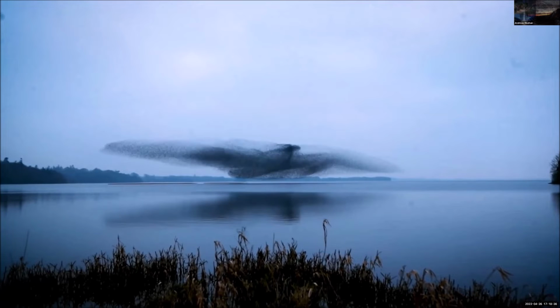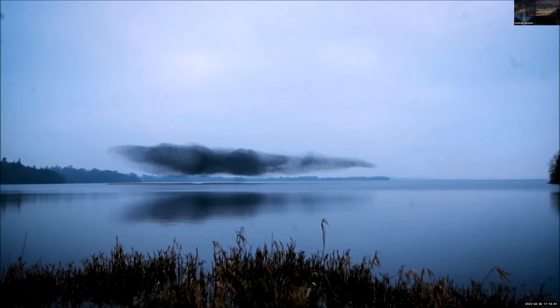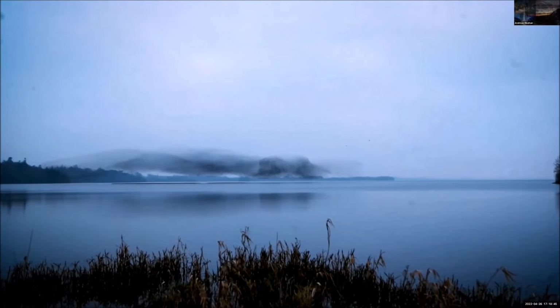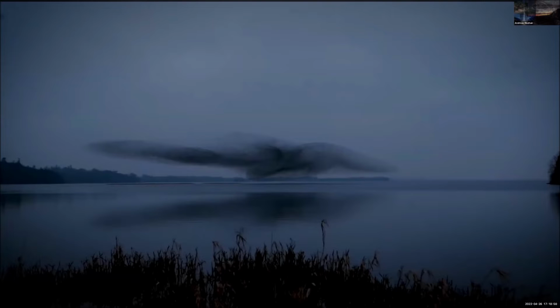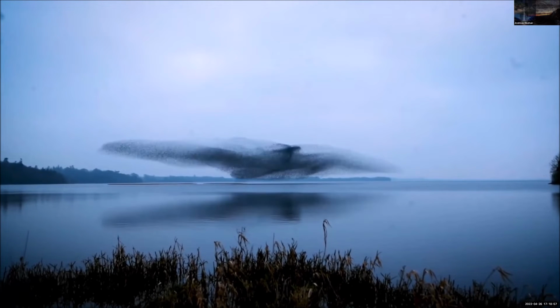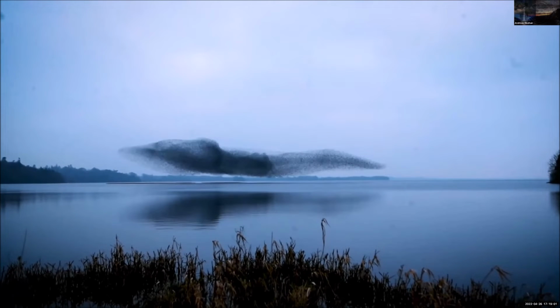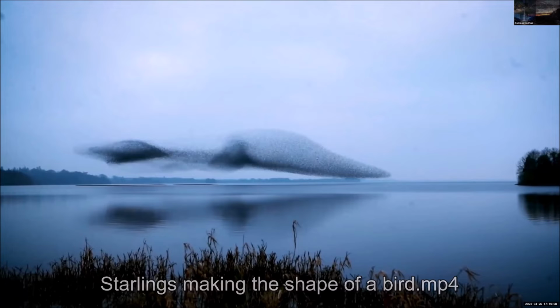So maybe there is greater beauty in the way we perceive beauty by giving ourselves up to be part of a collective, to create something that is bigger than us. And yet in so many ways very close or the same. So how could these starling birds here create this reflection of themselves as a field,